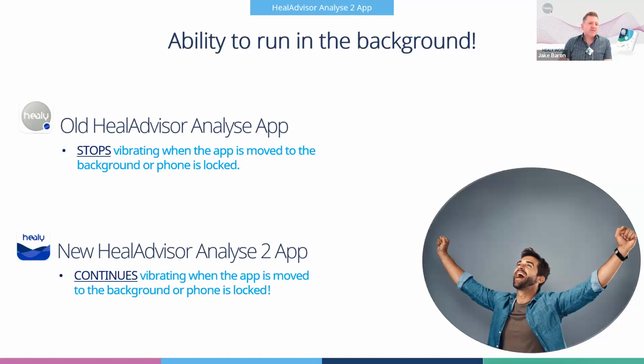But yeah, it's like the Pink app, but also not like the Pink app, as far as the Healy app, or the new Pink app, whatever you want to call it. With that one, you can actually hard close the app and the program will continue to run until it's complete. You've disconnected via Bluetooth, but the Healy device itself is continuing to run. That's not the case with the new Analyse app. You still need it to be connected, so you can't hard close the app, but it's almost just as convenient to be able to just run it in the background like that. So certainly, again, a favorite new feature.